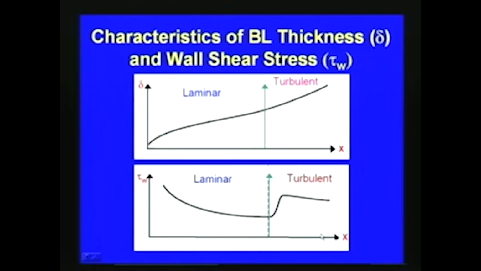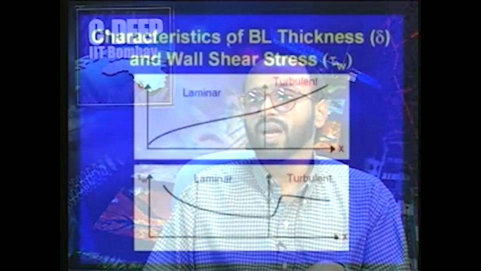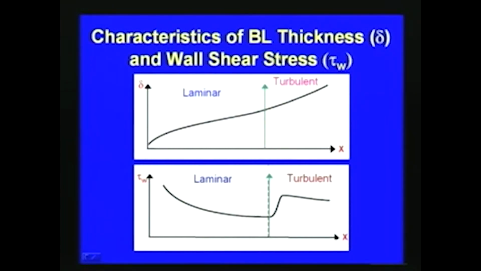And then if you consider the boundary layer with respect to laminar and turbulent, if you plot the boundary layer thickness and the shear stress, we can see the variations plotted in this slide. The characteristics of boundary layer thickness, delta, and wall shear stress, tau_w: here this is delta on the y axis and x in this direction. As far as laminar is concerned, this is the variation of boundary layer thickness, and turbulent, as we have already seen, goes like this. And then if you plot the wall shear stress, you can see that for laminar, initially it will be very high and then it comes down,